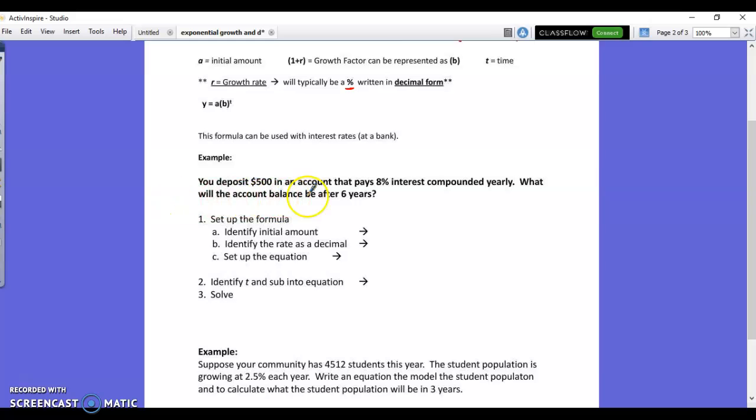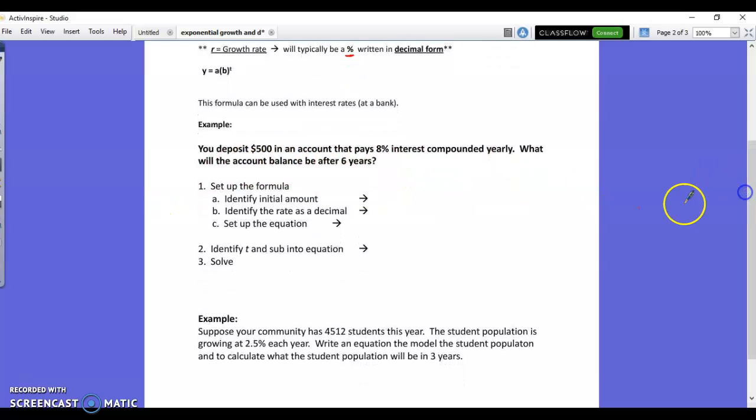So what would the account balance be after 6 years? So how will we set that up? We first have to identify the initial amount, which is our A. So in this case, A equals, and our initial amount is $500. Then we have to identify the rate as a decimal. So our rate would be 8%. So we talked about the other day, 8%, the decimal's here, we move it over 2 spaces. So our 8% as a decimal is